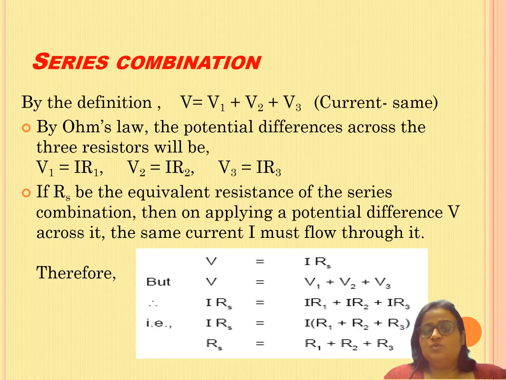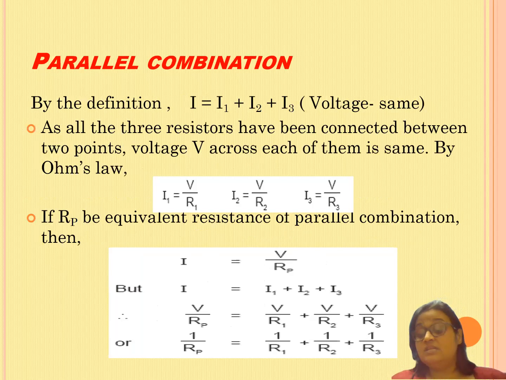So let's assume that Rs is the equivalent resistance. You can take any symbol. So let's start now. The total is I Rs, the equivalent resistance, and if we divide it into three parts, it equals V1 plus V2 plus V3 by the definition. Now put the values in terms of I and R by using Ohm's law, as we have written. Since I is common, you just cancel the I from both sides, and the final answer you will get is Rs equals R1 plus R2 plus R3. So you simply have to add the three resistors, nothing else you have to do in series combination. But come to parallel, where the three branches are there.